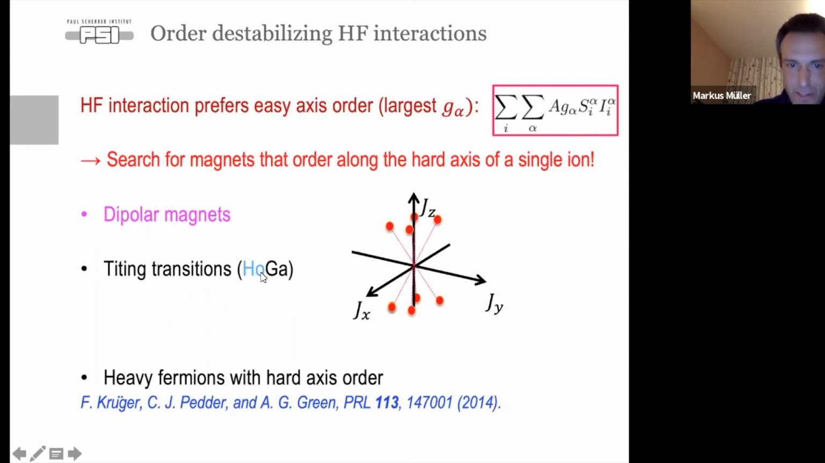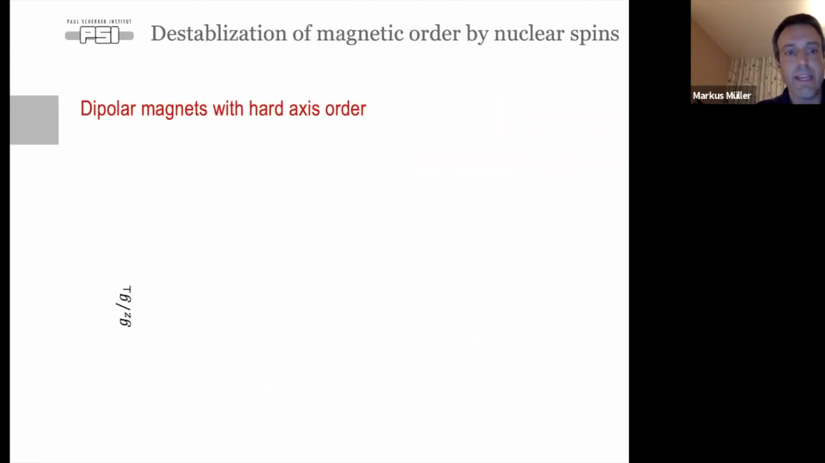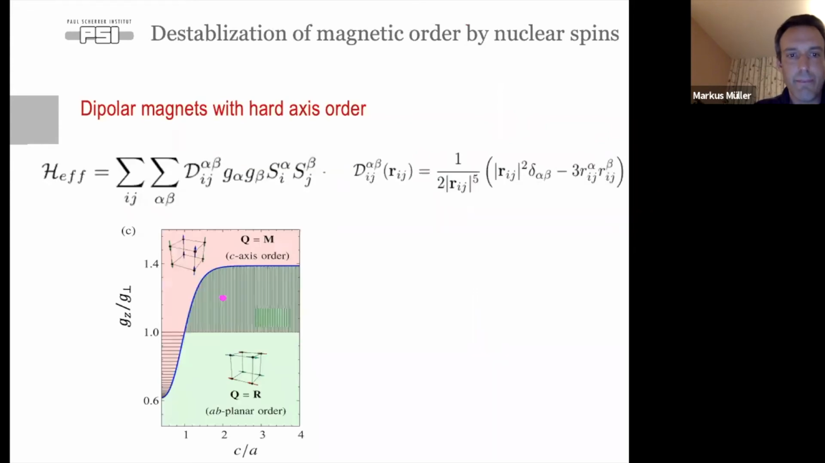That's interesting because it contains holmium, where the hyperfine coupling is very strong. Or you could look at heavy fermions, which also have hard axis order. But let me explain to you the dipolar case. So you just have spins sitting on some lattice, say a trigonal lattice with dipolar interaction, and you look at